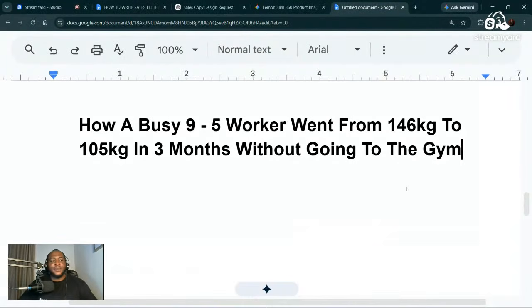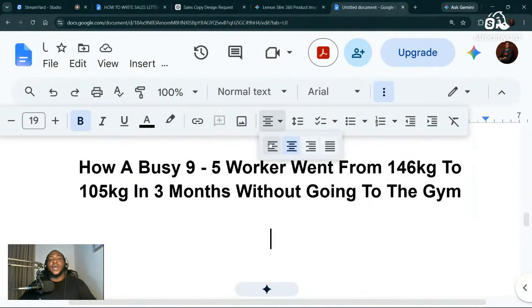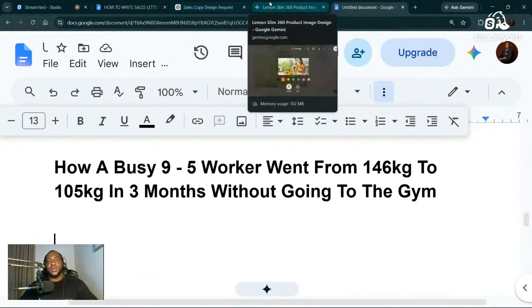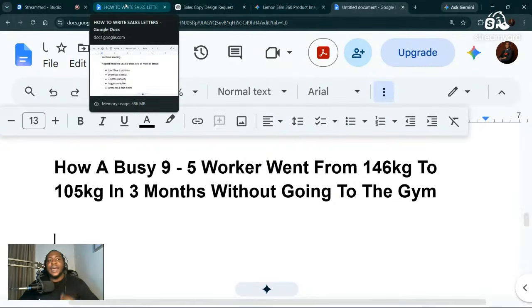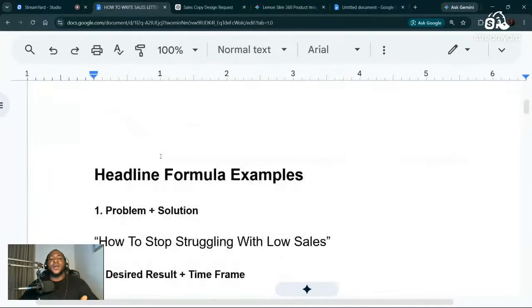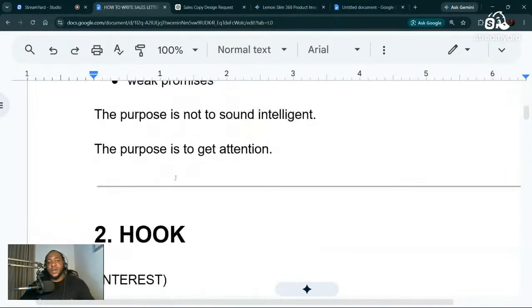So you can see how a 9 to 5 worker was. So right now we've already done the first part, and the first part is your headline. We've done that already. Now, when it comes to copywriting, there is no need to rush. You're not going anywhere. If you're using AI, we are done with this copy. But before you go to AI, use your head first. So now, since we've already created the headline, this book already gave us some ideas, very helpful as well.